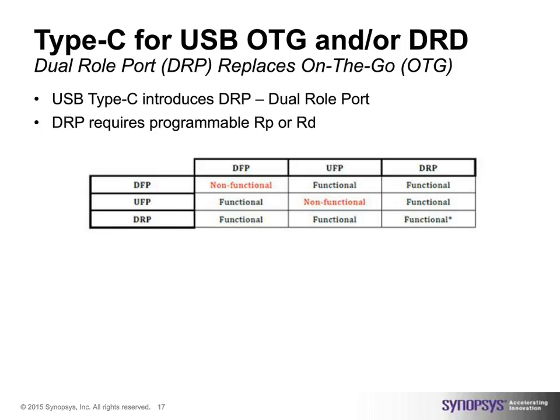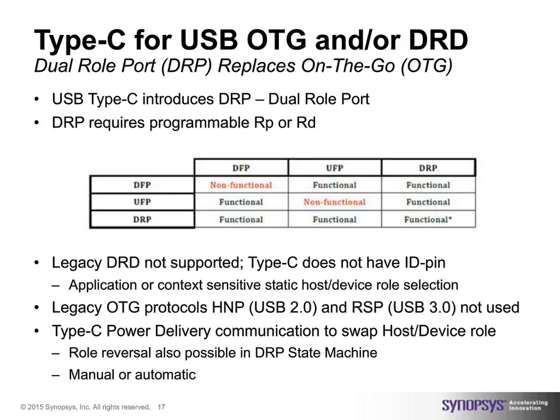The classic dual role device for legacy USB or standard A, standard B is not directly supported because the Type C connector doesn't have an ID pin. So you can't force it to be host or device with a connector, which means you need an application specific or context sensitive host device role selection,